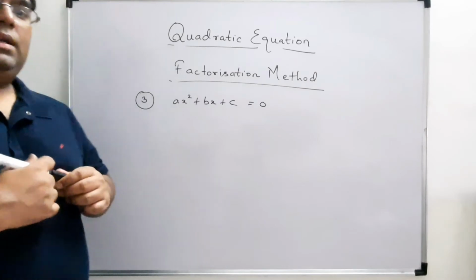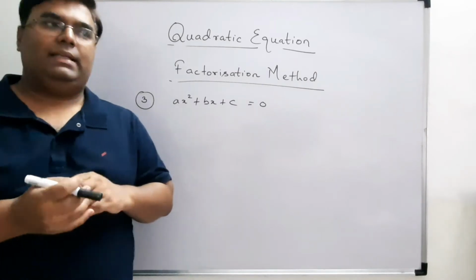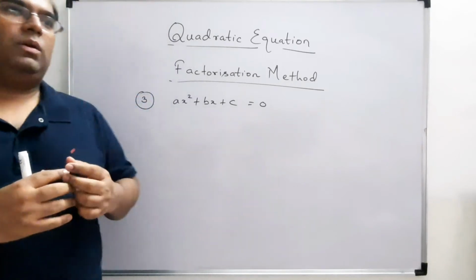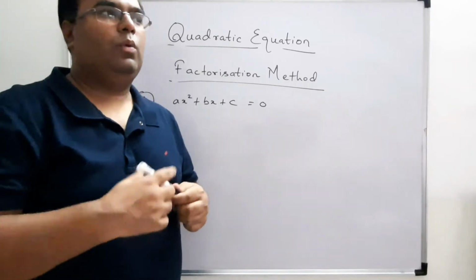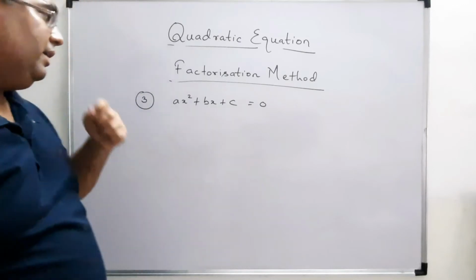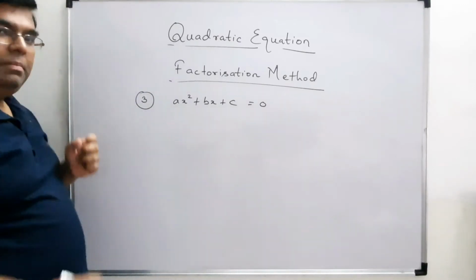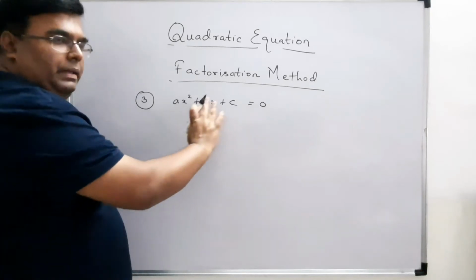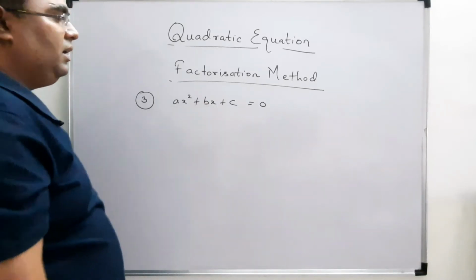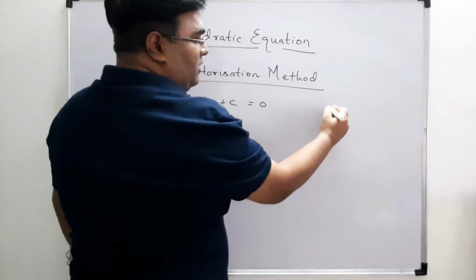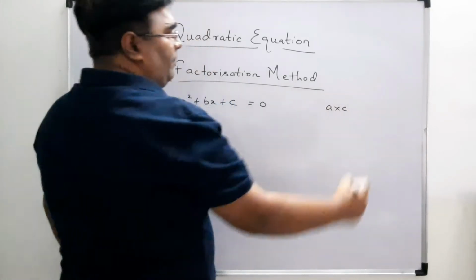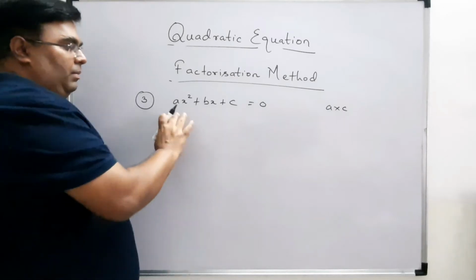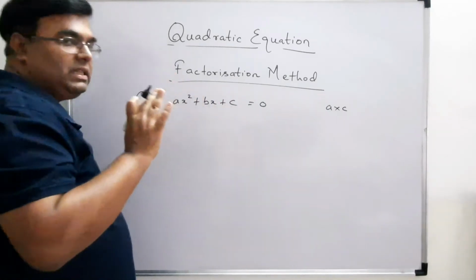Now the third part and the most important one, right? And we need to solve this in detail, right? Because this comes in your board exam or everywhere else, right? So there is a method behind it. Now what we will do here, we have a, b and c, all coefficients are here. We will first multiply a and c, with sign.